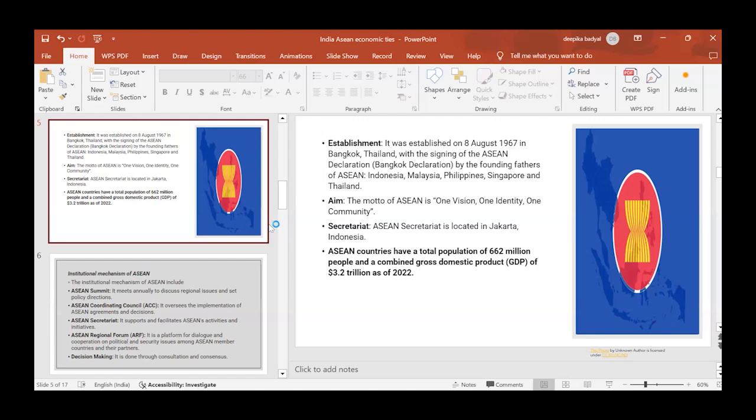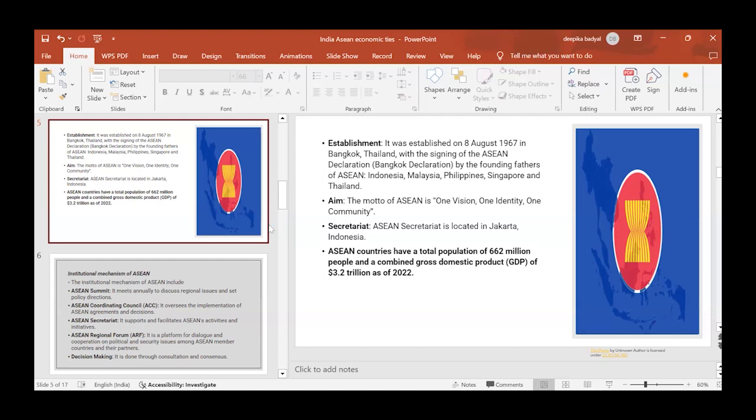Some of you might have heard of India's Look East policy, which today has been upgraded to the activist policy of India. India launched the Look East policy back in 1992 under the then Prime Ministership of P.V. Narasimha Rao. There was basically a reason why India launched the Look East policy. Under the policy, India was trying to revive its historical, cultural, economic relations with its eastern neighbors.